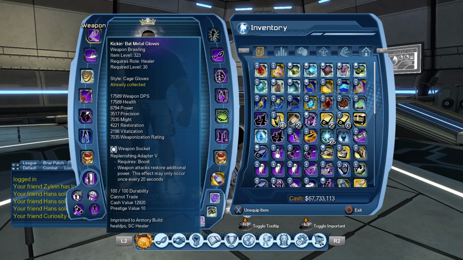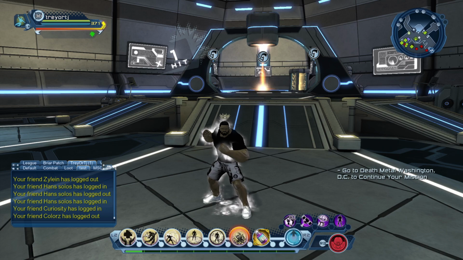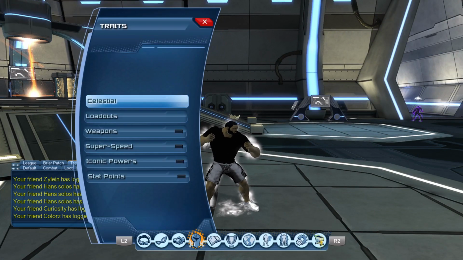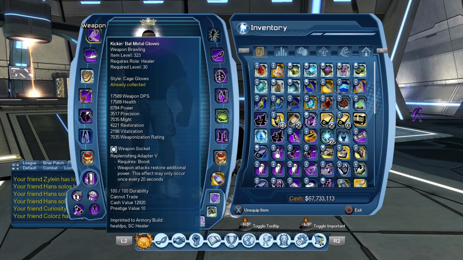And for the mods, I like to use Replenishing Adapter, just because the power that you get back from it normally allows you to hit an ability, and the ability that you hit, no matter which one it is, is going to heal and be more beneficial to yourself and your team members than the restorative one, because it heals based off your weapon attacks. And the absorption one that just gives you a shield isn't necessarily needed, okay, especially with the state of the game right now. So yeah,